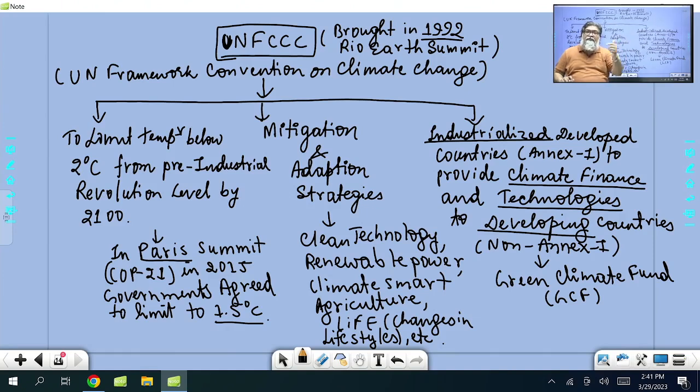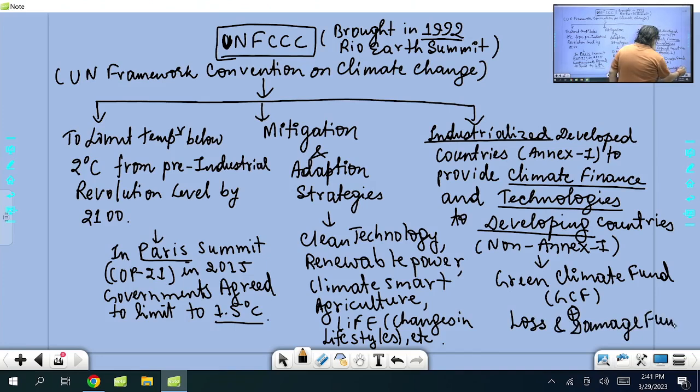COP26 Glasgow summit, right? That was in 2021, Scotland, UK, Glasgow summit. Again, clean technology, green grid initiative, intercontinental grid, all these have been given importance. So not only Green Climate Fund, but also now what has been added here? Loss and damage fund. We'll come across loss and damage fund,